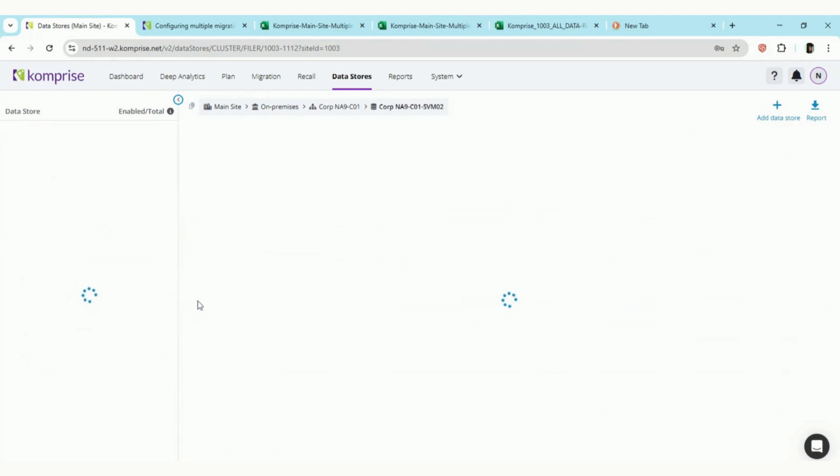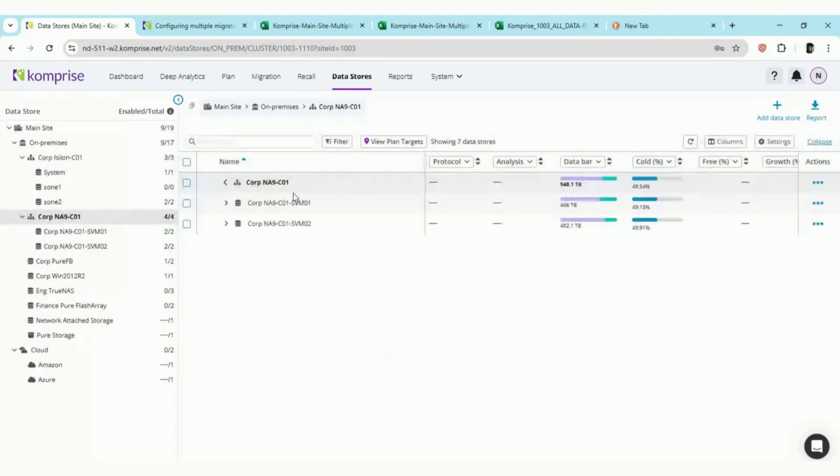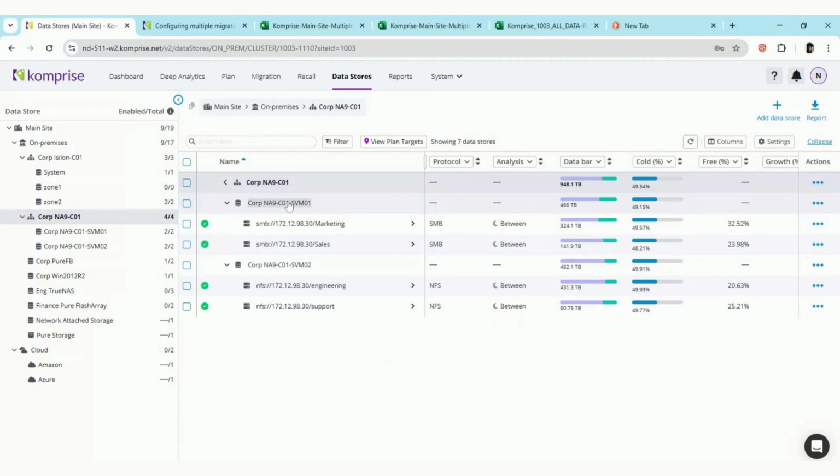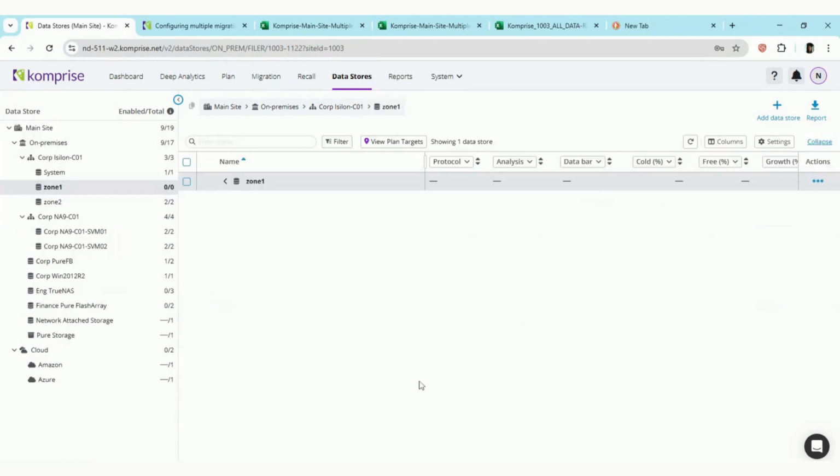So today, as part of the auto share creation demo, we're going to be migrating the shares that we have in this particular NetApp cluster and in these two SVMs. We're going to be migrating these to an Isilon system. So this is zone one, which is the access zone in Isilon, and this is where we are going to be creating shares using the auto share creation and migrating the shares